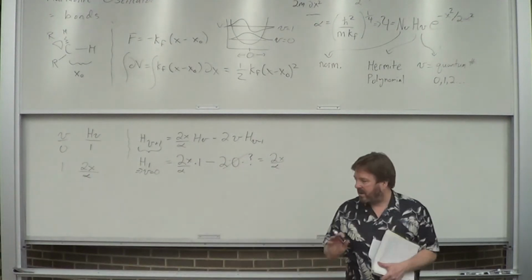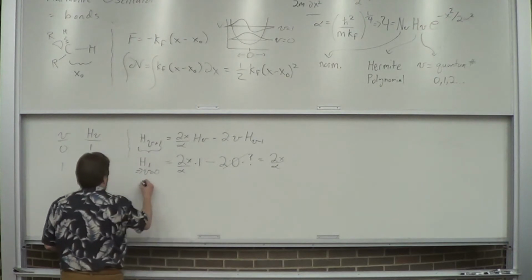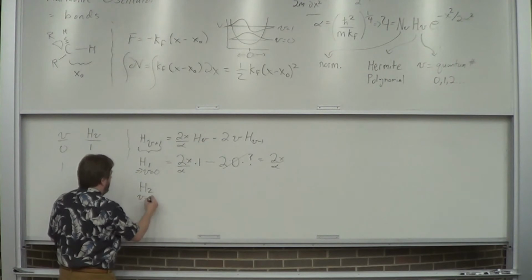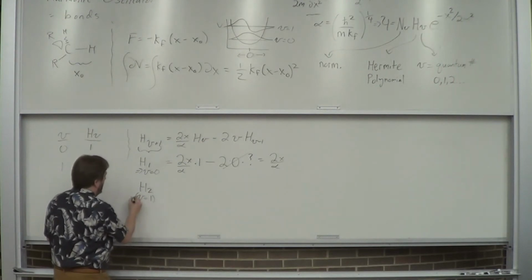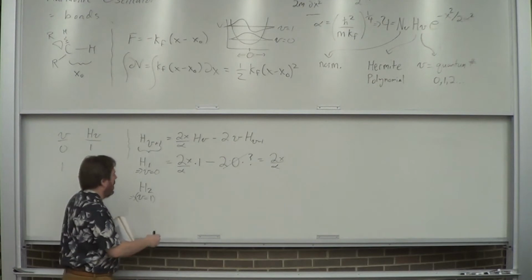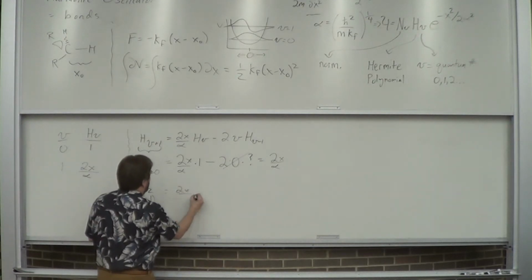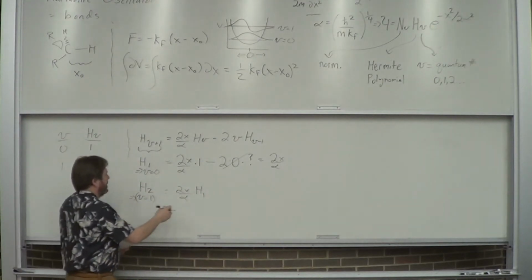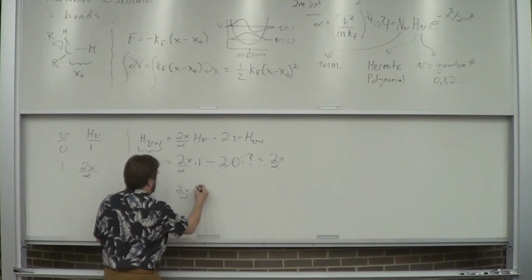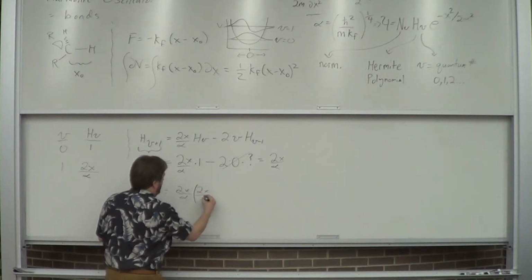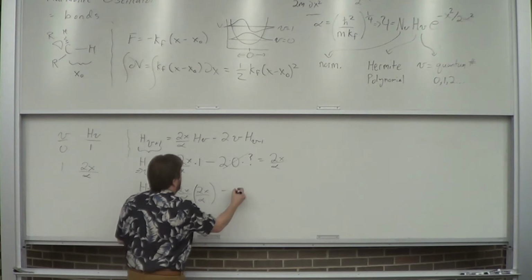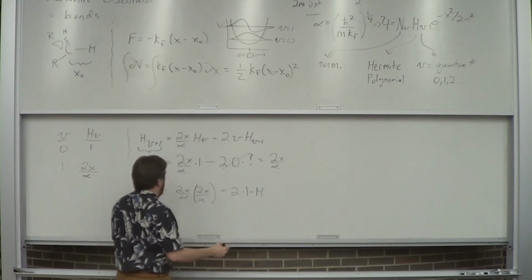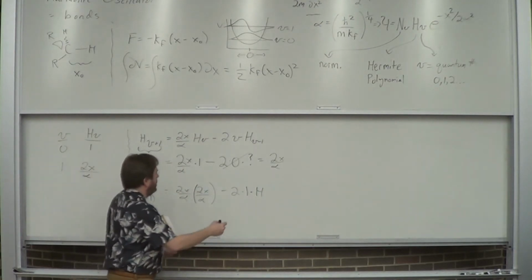So now you see how the game works. Let's do one more to make sure you get it. Okay, now I've got to do the next excited state, the second excited state. And therefore, nu is equal to 1. Okay, so 2x over alpha times H1, which is 2x over alpha. So it's the square of it, right? Minus 2 times 1 times H0,